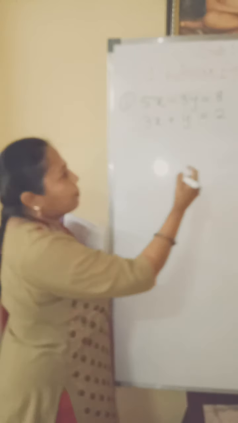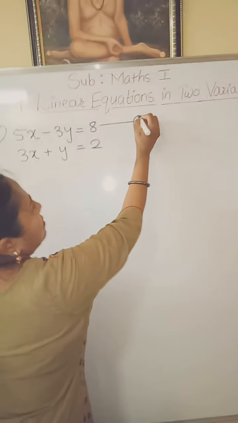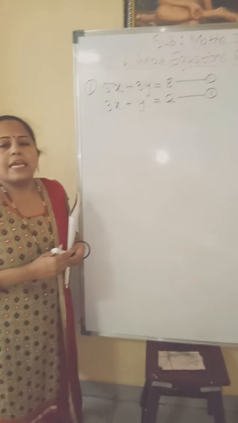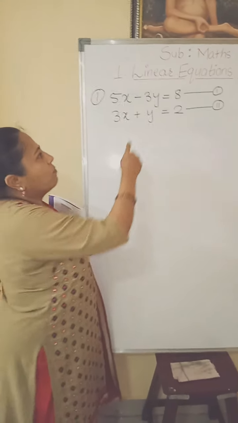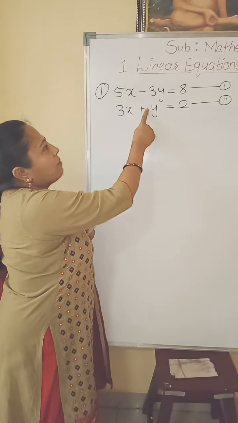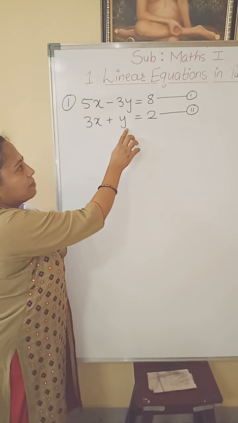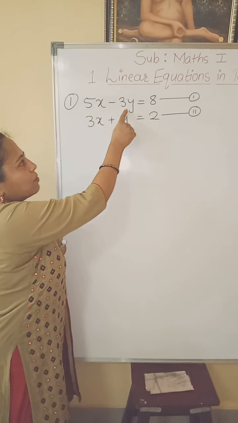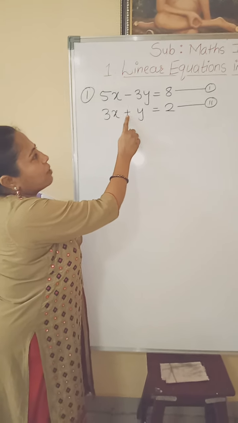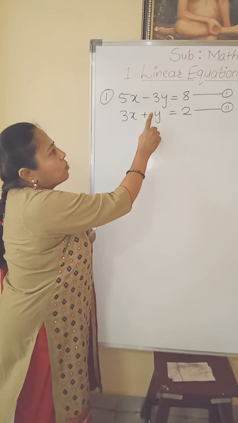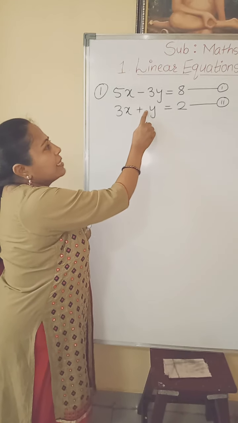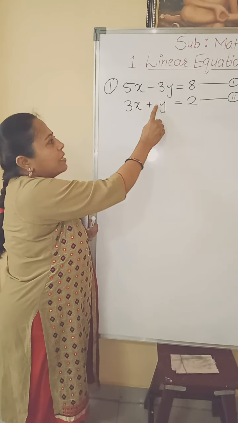Students, first we will give the number for the equations. This is our first equation and this is second equation. So using elimination by equating coefficient, we require the coefficient of a variable to be equal. So let's try to eliminate variable y. In first equation, it has the coefficient -3, and in second equation it has coefficient 1. So to equate the coefficient, this second equation we have to multiply by 3. Then only here we will get the coefficient 3.